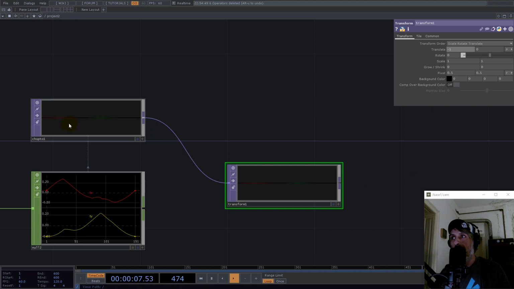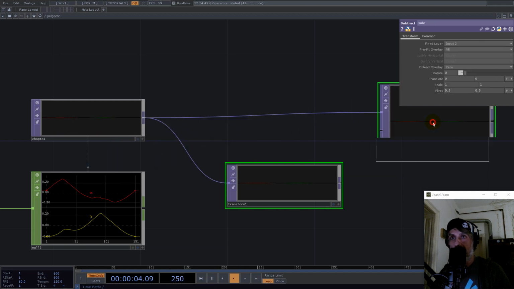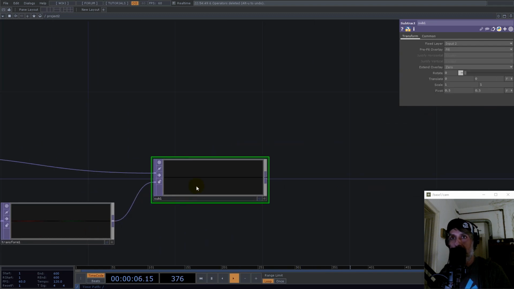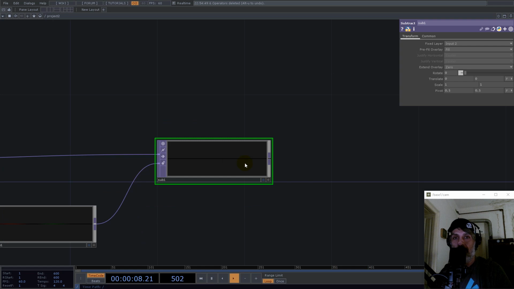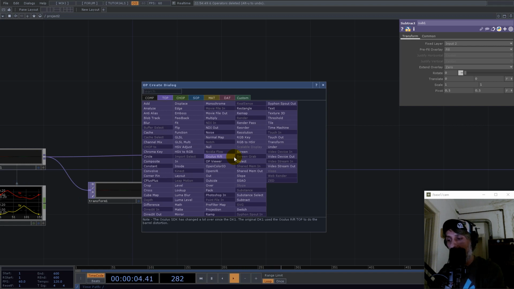And if we now subtract this texture with this one, we have some differences between the neighbor points, and we need to compute the